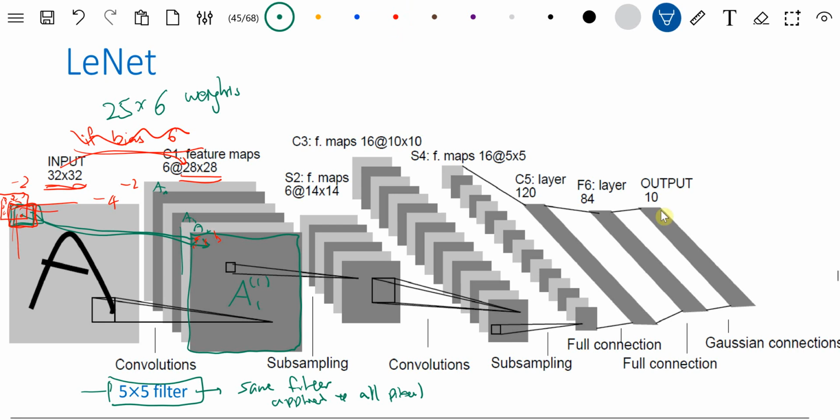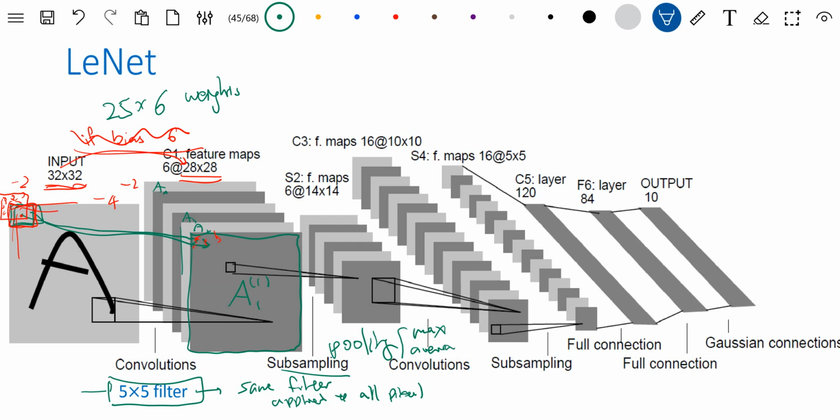And the second layer is the subsampling layer, which we are calling the pooling layer. There are 2 types, the max pooling and the average pooling. Max pooling is where you take a 2 by 2 block, find the maximum of these 4, and then put it here. The reason I know it's 2 by 2 is that it